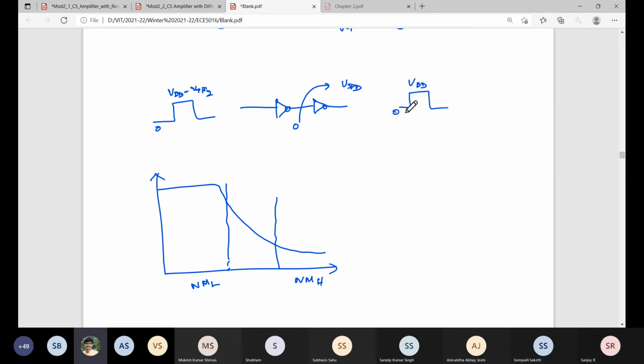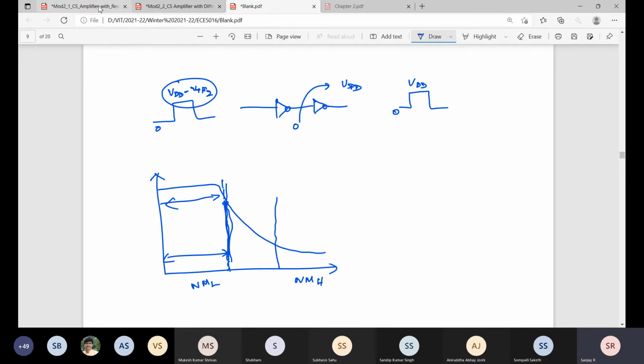Fine. So that's what an inverter does here. It will convert the level to logic 1, logic 0, such that VDD minus VTH should fall within this noise margin. That's why noise margin is very, very important in digital. Whatever this value is, it will convert it. So you can see up to this input, it will convert to near VDD.